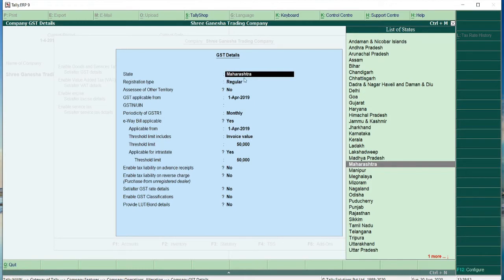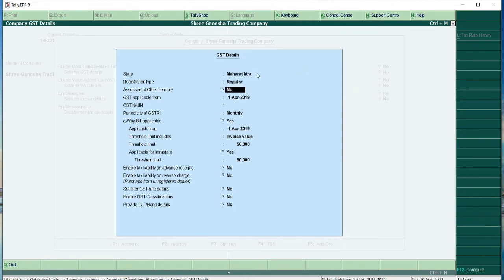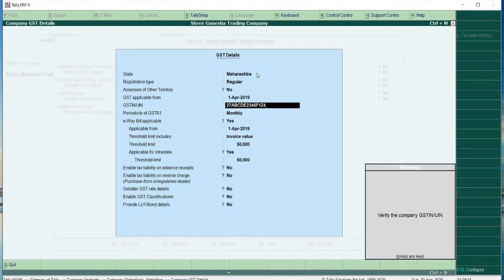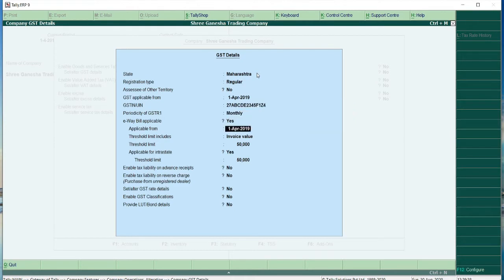Here you can see, as while creating the company I have given the state as Maharashtra, the Maharashtra state is there, and now I will type the GSTN number which is given in the problem, 27, because 27 is the code for Maharashtra state. So 27. This is the GSTN number given in the problem. It is of course a dummy GSTN number, and it is asking me to verify. Okay, I am not going to change anything.